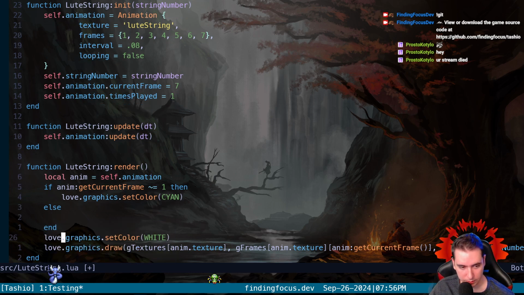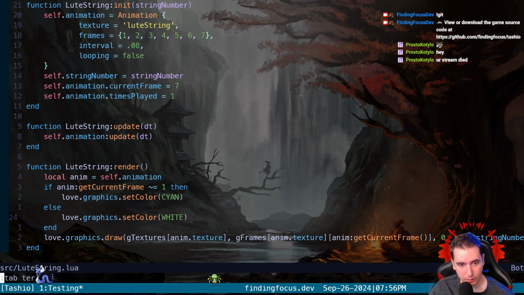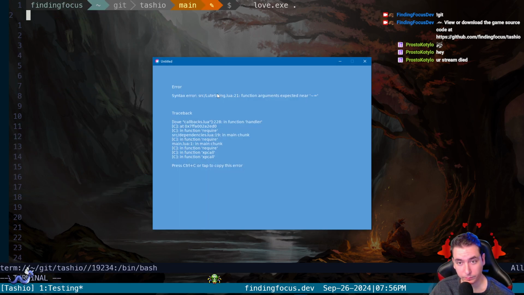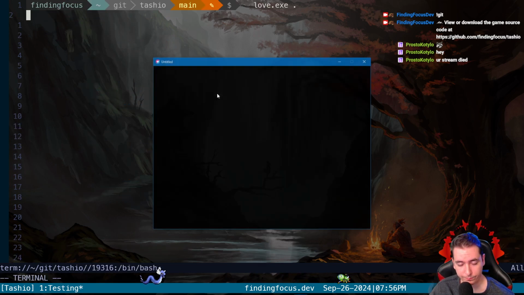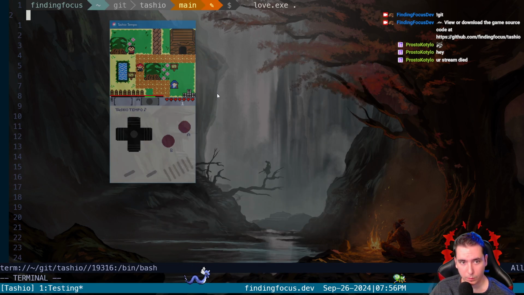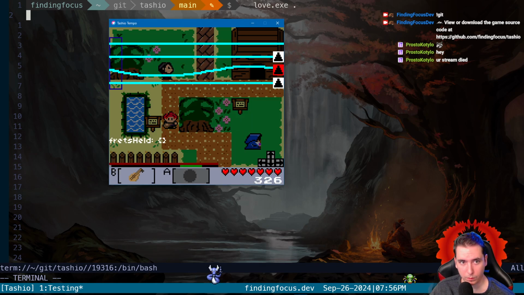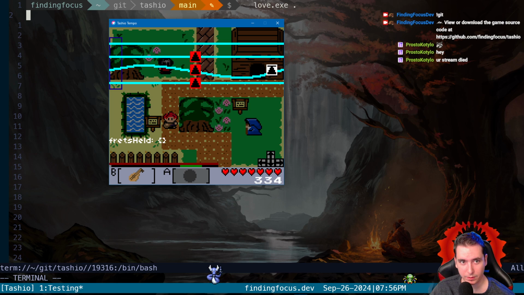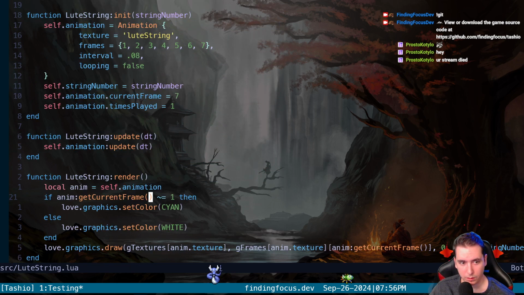Else we can go ahead and set it white. Let's see. We need to run this function. Okay. Oh, that's the opposite. If it's not equal to 1, cyan.